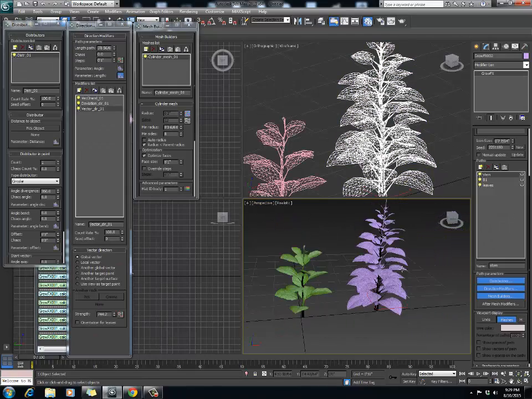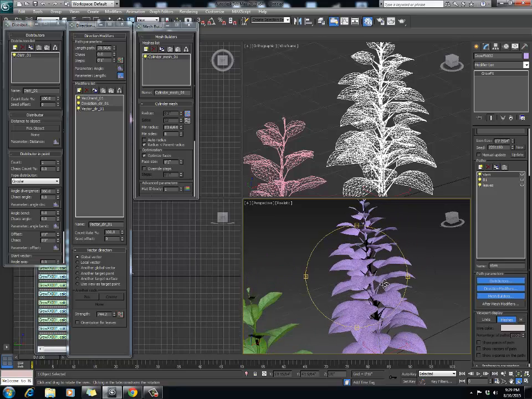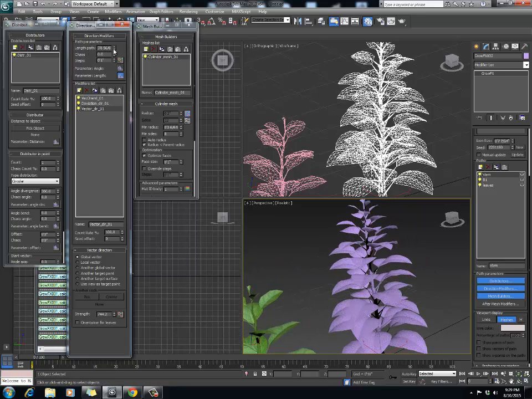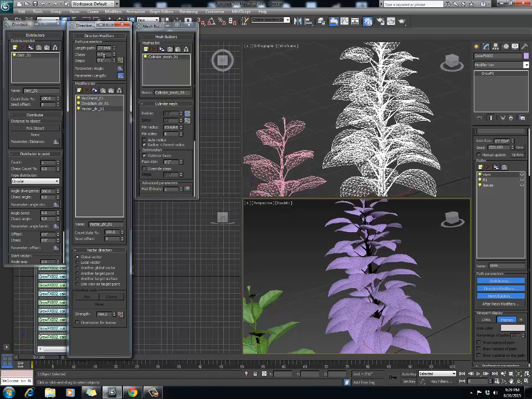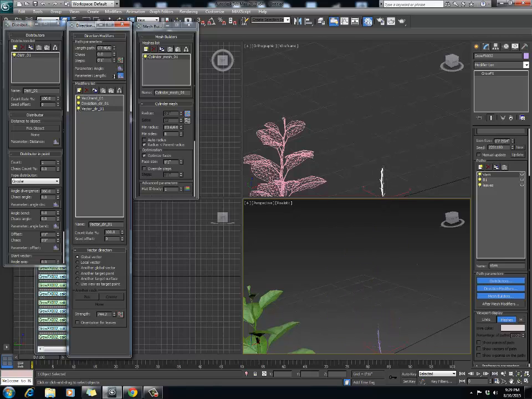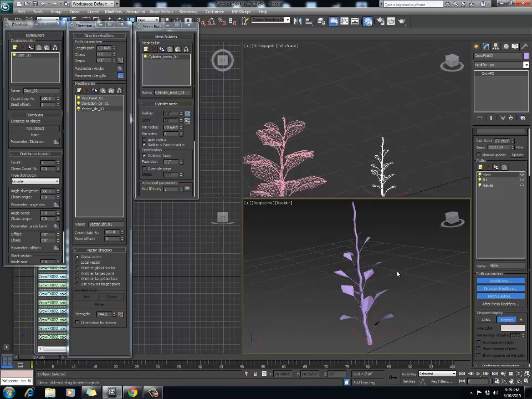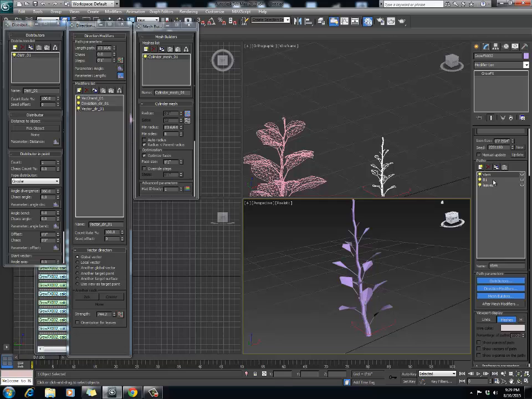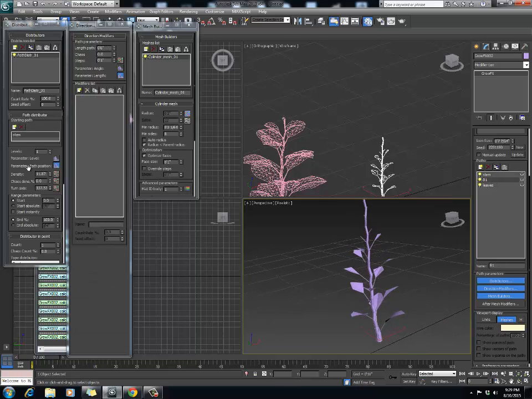Now, one thing I kind of don't like about this plant that we just created is that it grows up, and then the leaves start. Well, no, I think actually that's fun. The reason why you kind of grow up and then you start to get leaves and they all sort of appear in a bunch is because of what we did with